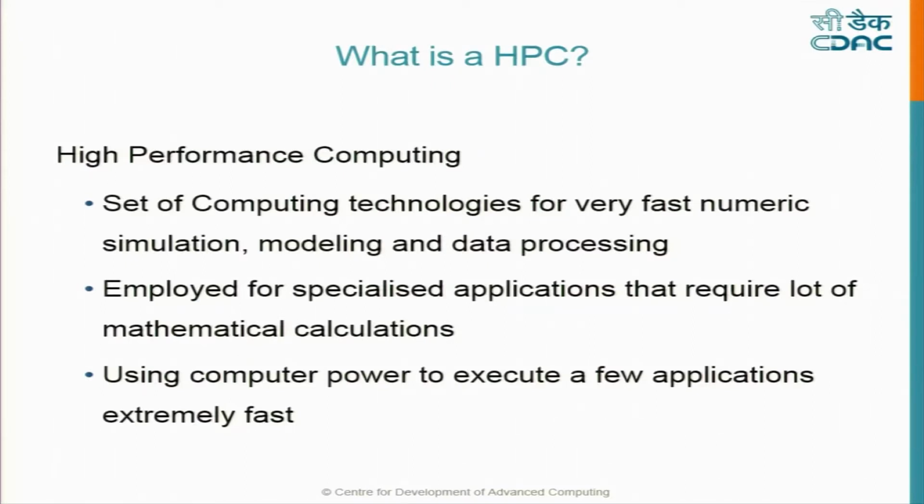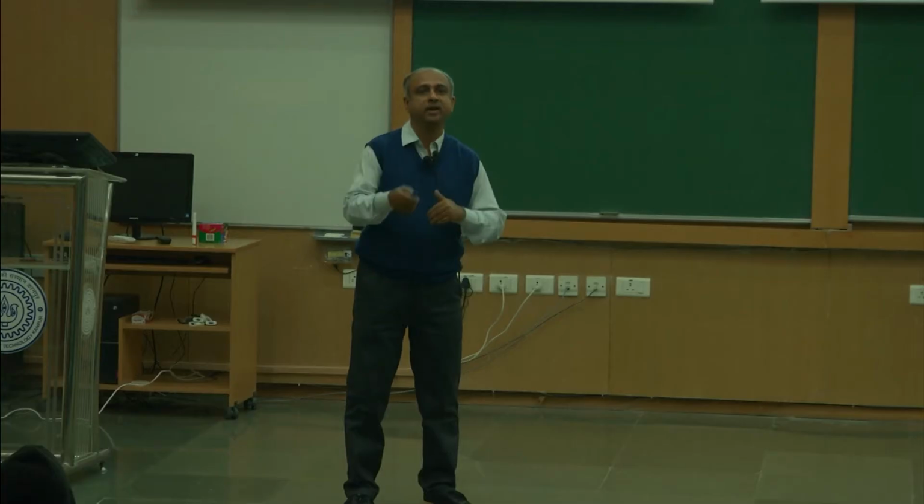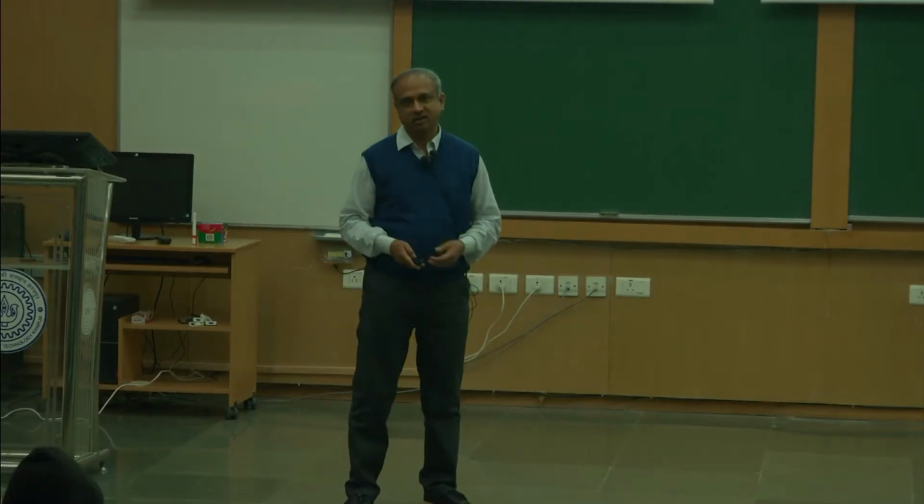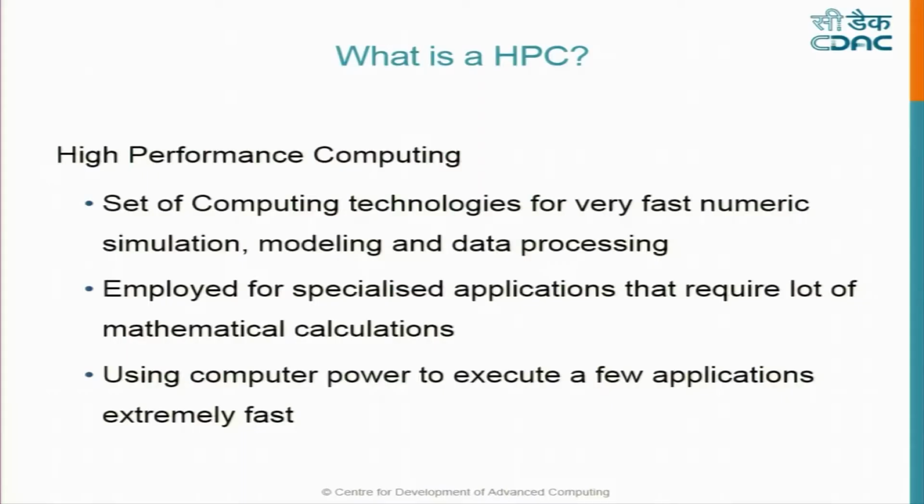And another way of looking at it, which I already mentioned some time ago, is the compute power that you have, you unleash it to execute certain applications extremely fast, right? So as a result, weather is one example which is time bound, or let's say you are doing a crash simulation of a car, then you change some parameter, then again simulate. So what you are able to do is more iterations in a given time. That's another reason why this extremely fast nature of computing helps us in doing more things in a given time.